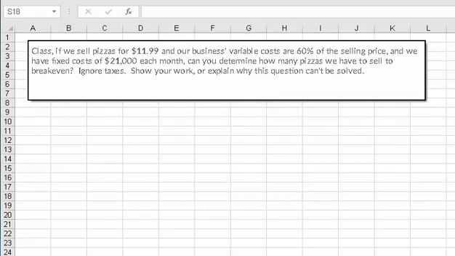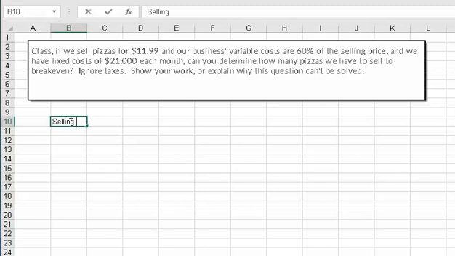Okay, so if we sell pizzas for $1.99, our business variable costs are 60% of the selling price, and we have fixed costs of $21,000 each month. Can you determine how many pizzas we have to sell to break even? Ignore taxes and show your work. All right, so